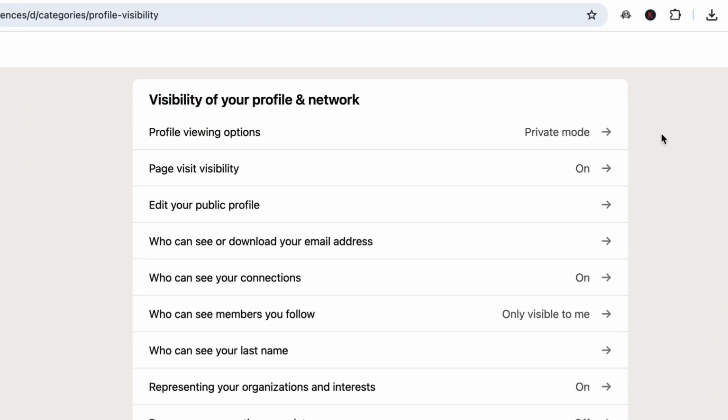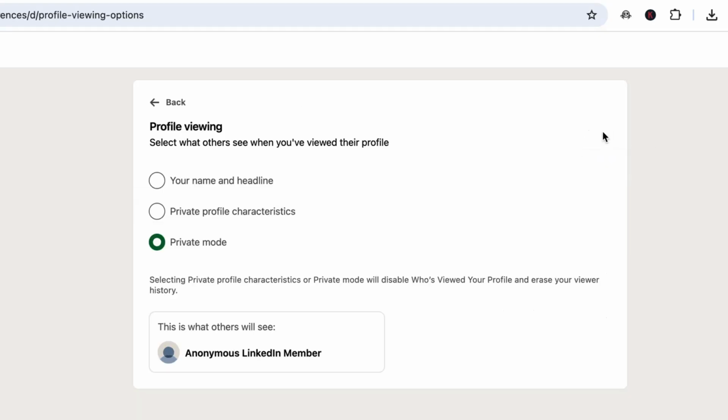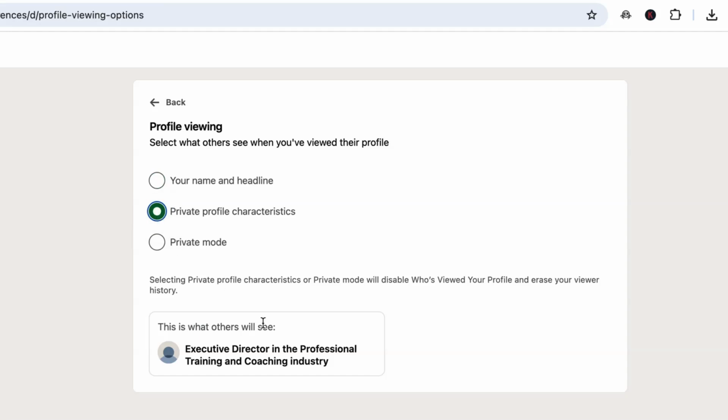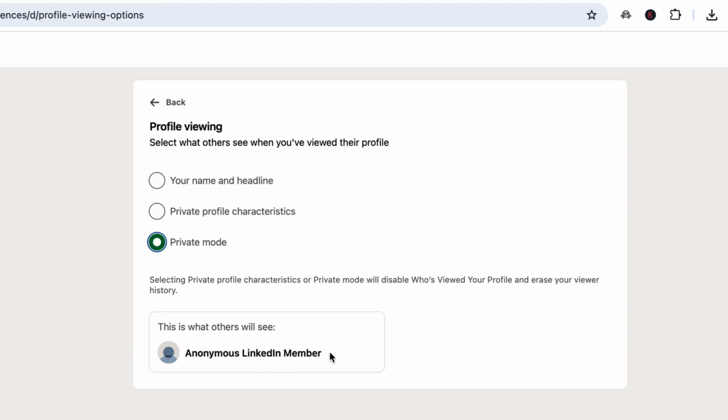If you want to be able to view people's profiles on LinkedIn anonymously, this is where you go. Click on the right hand side and what others can see when you've viewed their profile. So it may be somebody who is in competition for the same job as you, it may be somebody that you're interested in having as a client, or they're working with your client. You can go in here and instead of having your name and headline showing, and it literally says this is what others will see, you can change it to private profile characteristics and people will see this information here, or I usually have mine set to private mode so people cannot see at all if I'm looking at their personal